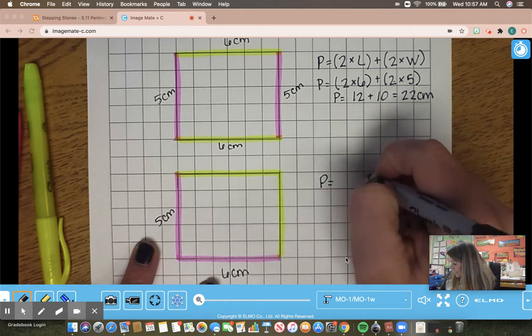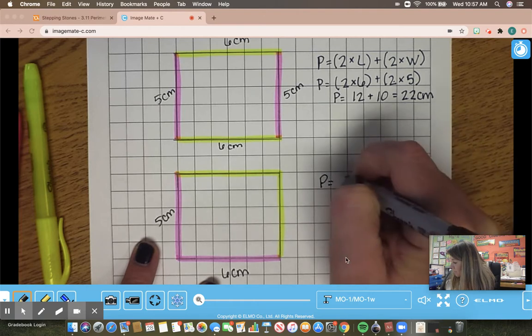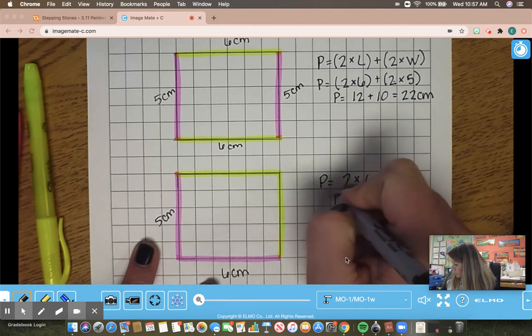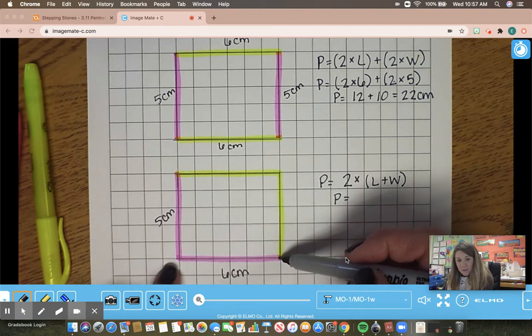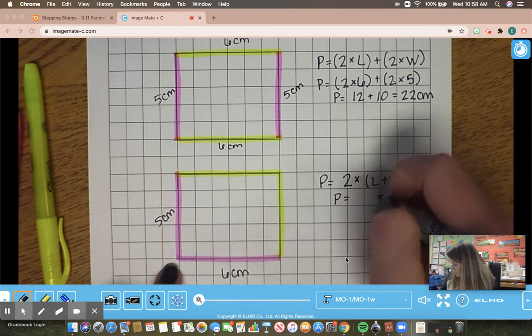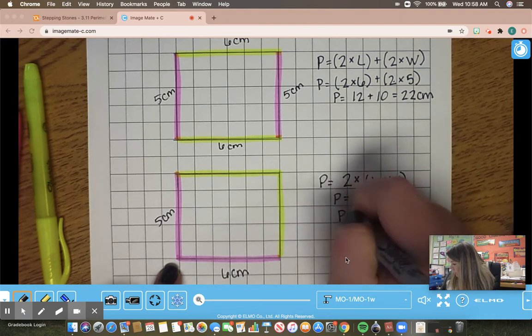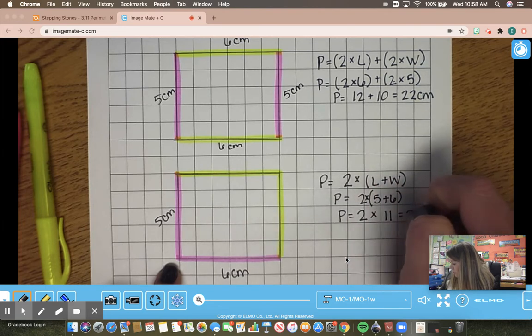So I can take the total of my length and my width and multiply that total by 2. So I have 5 plus 6, which is 11. And I'm going to multiply that by 2. So the perimeter would be 2 times 11, which is 22